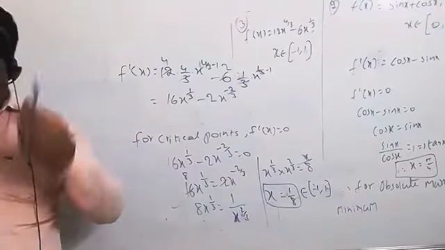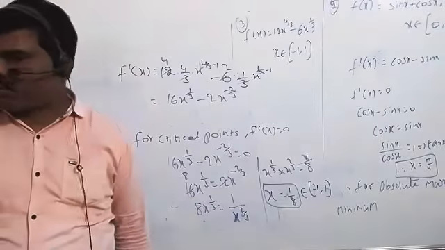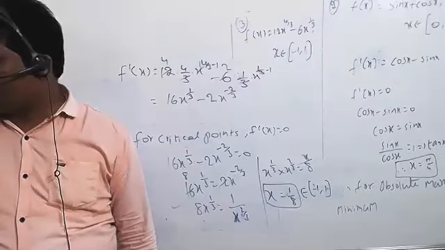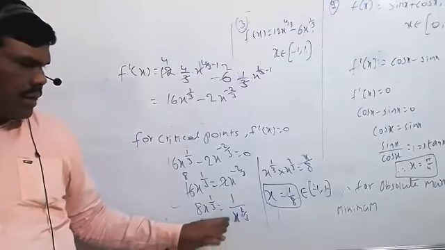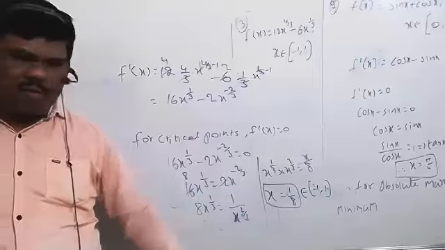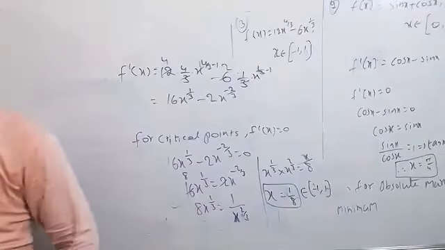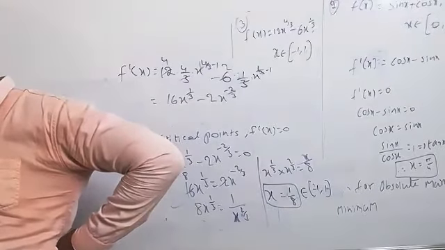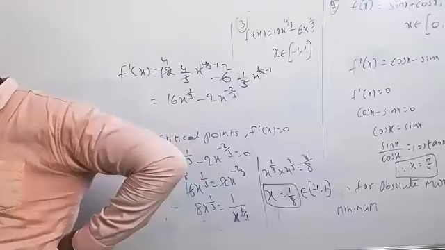find the absolute maximum and minimum values. To find f of x, what to take here now? x equal to -1, x equal to 1 by 8, at x equal to 1 we can take it and find it. You can find yourself and please tell me answers. What is the maximum value and what is the minimum value? What are the points we are getting?